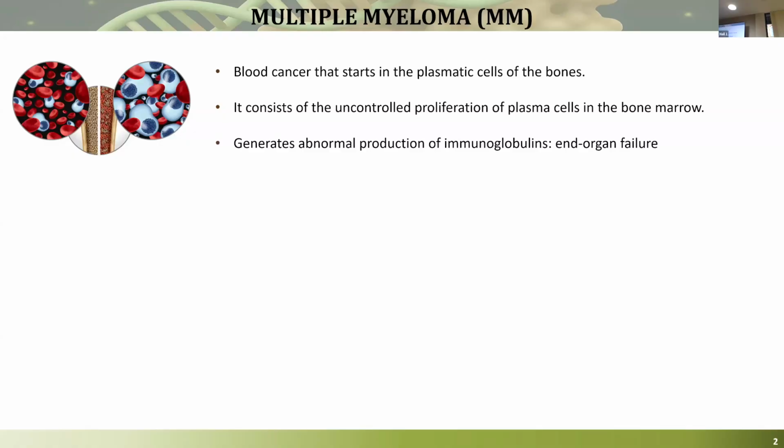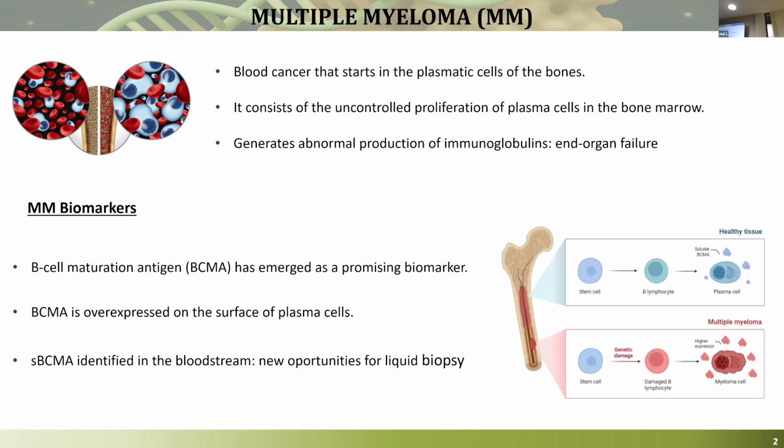Multiple myeloma is a blood cancer that starts in the plasmatic cells of the bones, and it consists of the uncontrolled proliferation of plasma cells in the bone marrow that generate abnormal production of immunoglobulins, giving an end organ failure. For this disease, B-cell maturation antigen, or BCMA protein, has emerged as a promising biomarker because this protein is overexpressed on the surface of plasma cells, and a soluble form identified in serum and blood open new opportunities for liquid